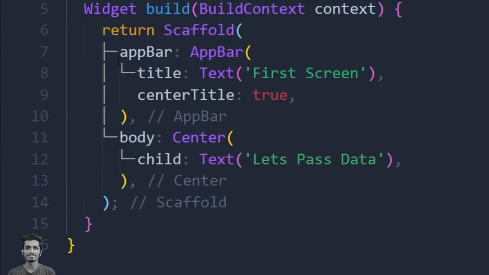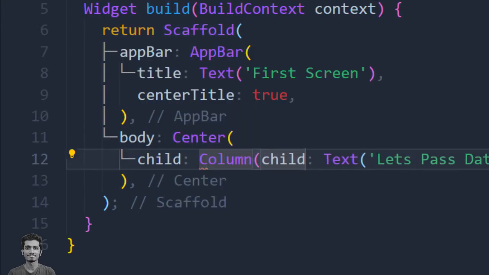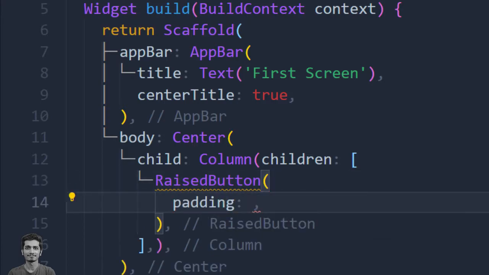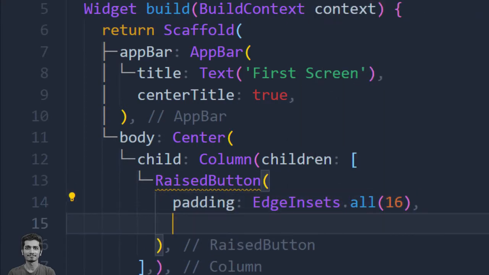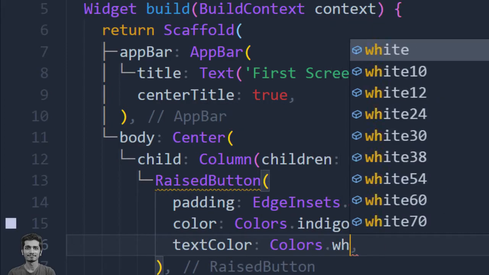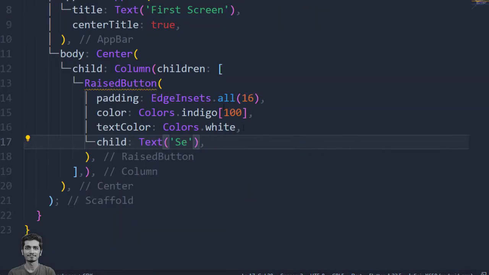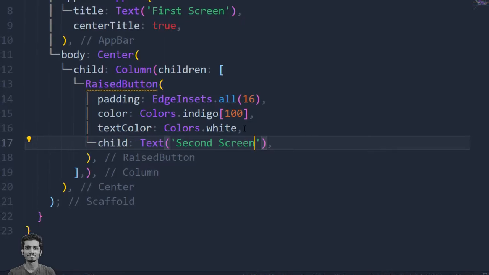Let's create a raised button inside the column widget. The raised button will help us to move to the next screen, and we use parameters to pass data to the second screen.